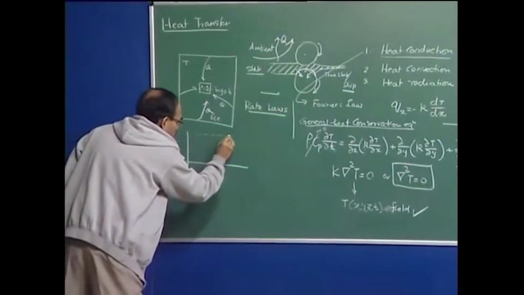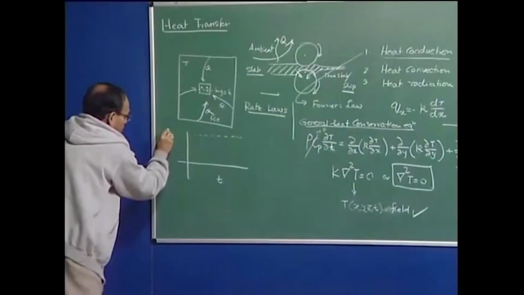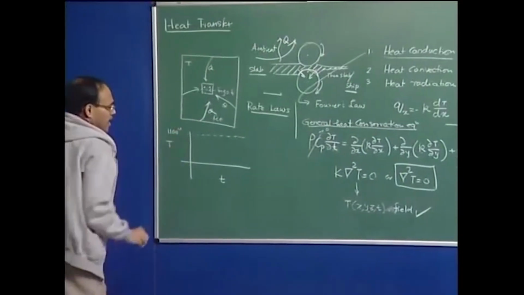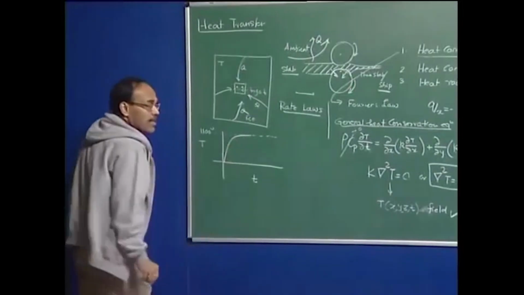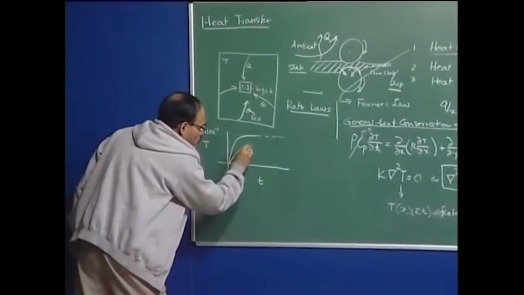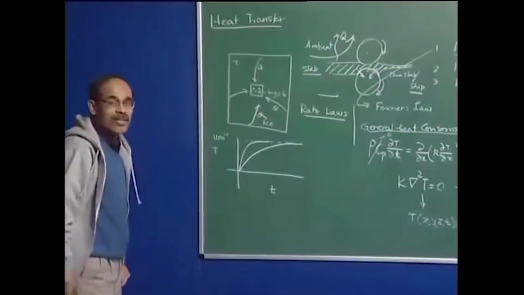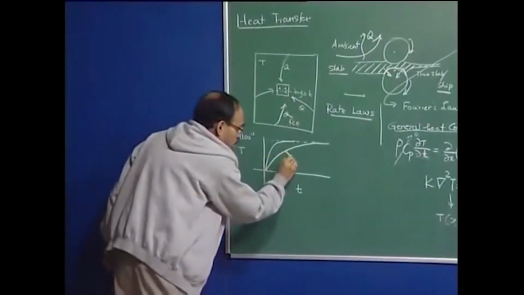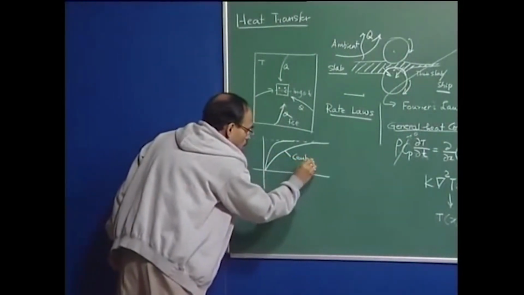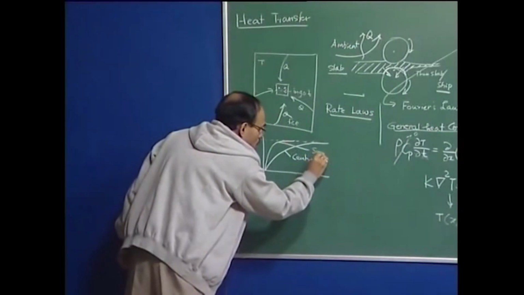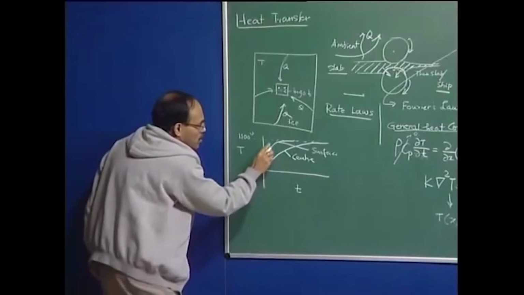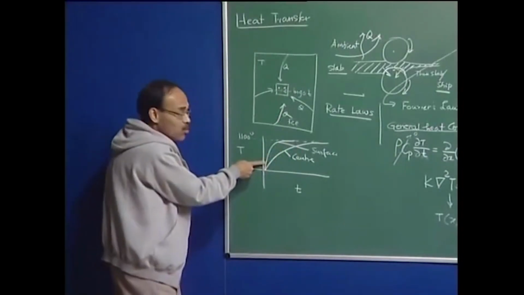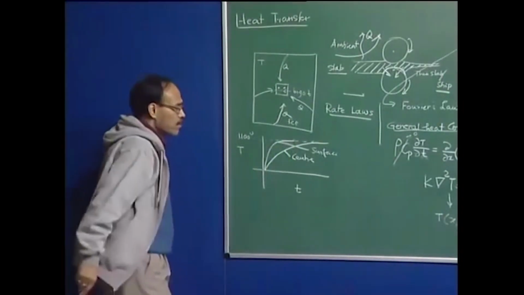if my target is this optimum reheat temperature of 1100 degrees centigrade, then I can say that the surface is going to achieve this reheat temperature like this, and the center is going to follow the reheat temperature like this. So, this is the center point of the ingot, and this is the surface of the ingot. The surface is going to be heated much more rapidly. As you see, the slope is steeper, and therefore, it will approach